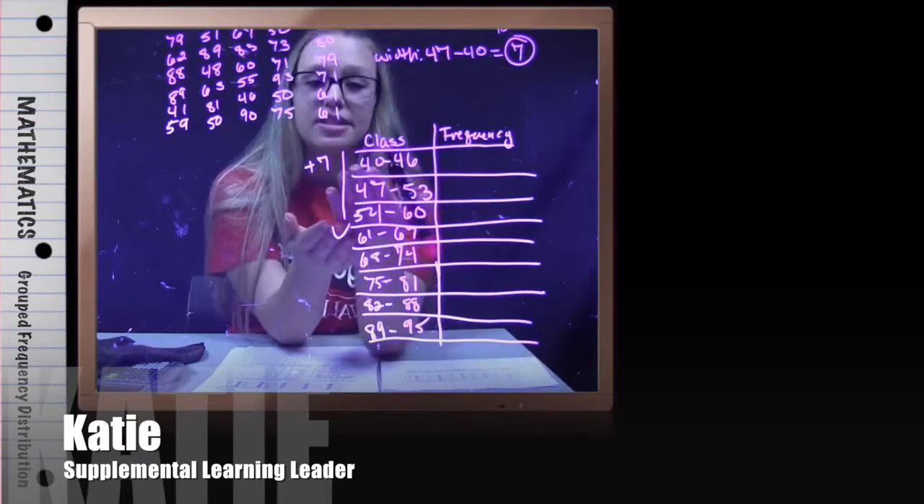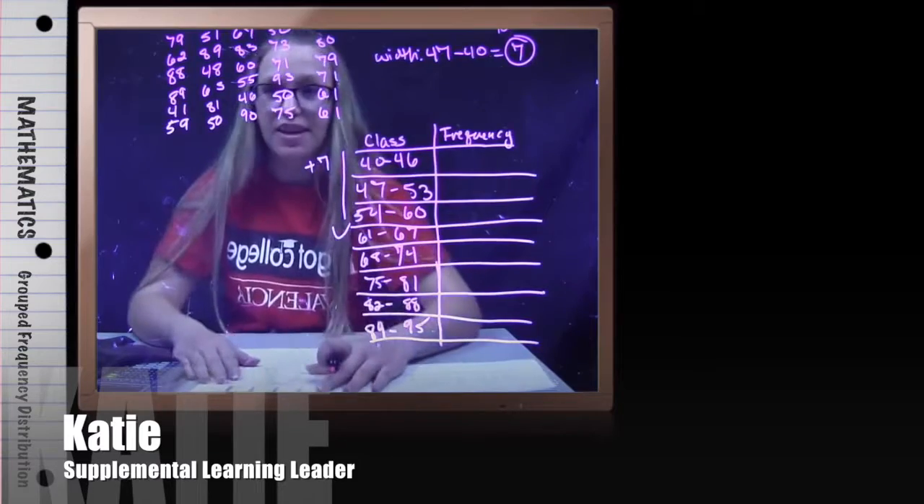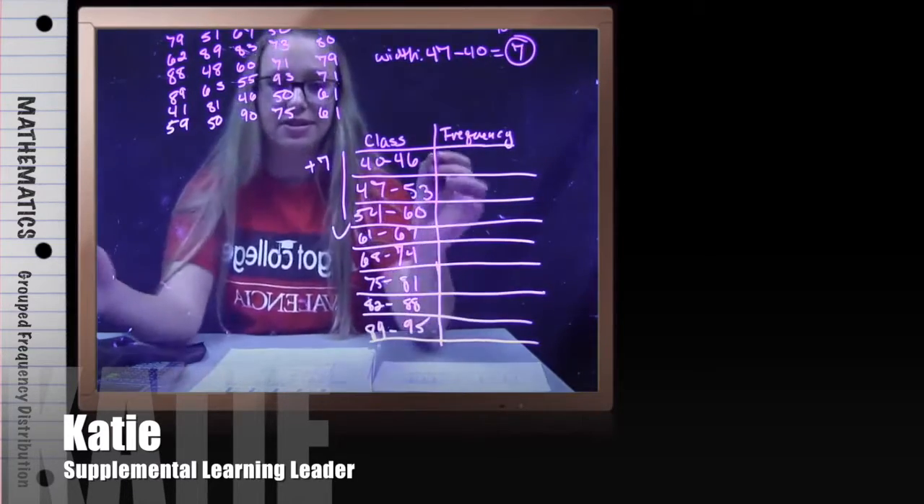So how many times does a number between 40 and 46 occur in our data? And if we tick it off,